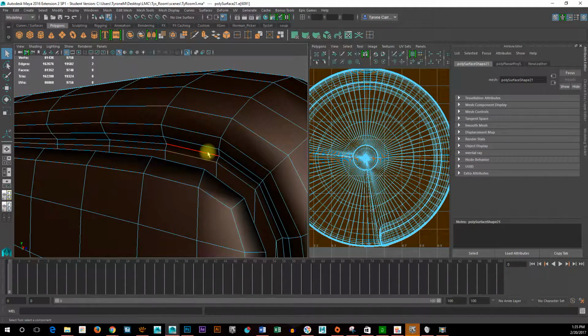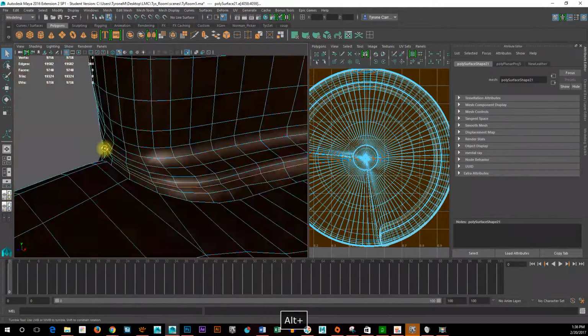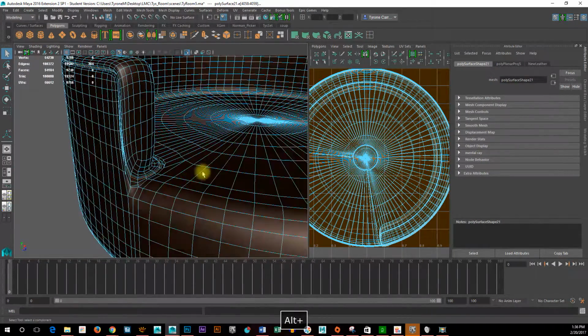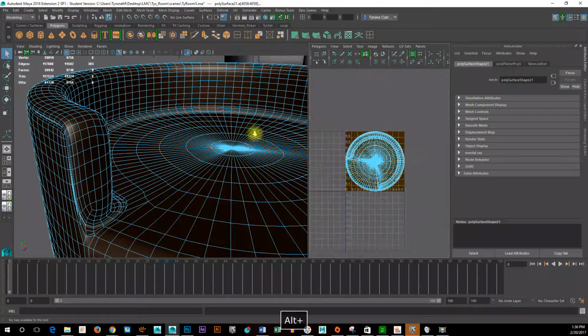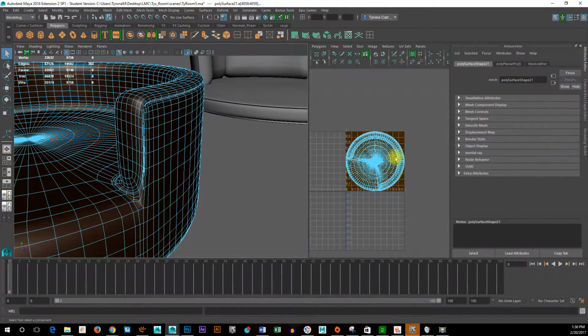And let's say it's going to be right about here. And you see that is going all the way around it like that. I just double clicked it. So in here, and it loops on itself, which is perfect. This is why you keep working in quads. So what I can do now,